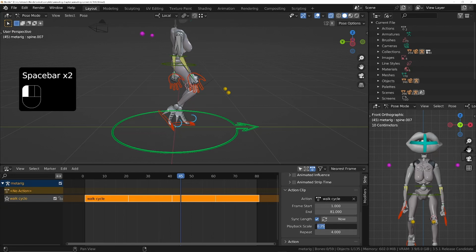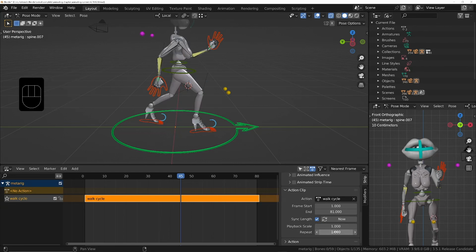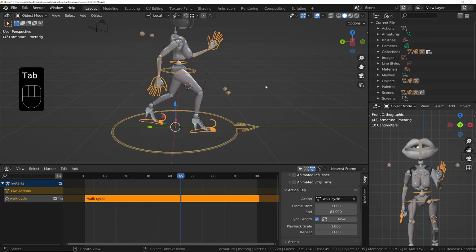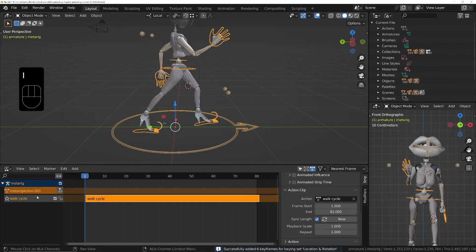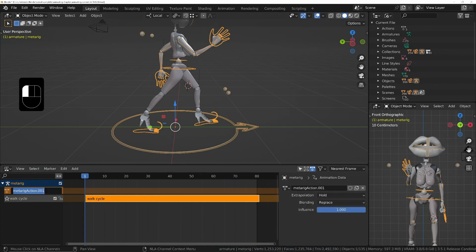Right, so I'm going to put it back to 1, put this back to 1 as well, and we're going to start animating it so that the character actually walks forwards. So we'll come out of pose mode into object mode. At the moment, we've got no current live action, it's only using the one that we've pushed down. So if we go to frame 1, with this character selected, still the armature selected, we'll press I, and it's going to add a new action for us with a keyframe for the current location. So I'm going to change this to character move,